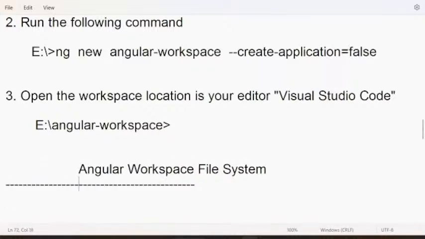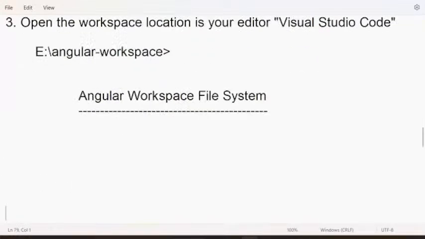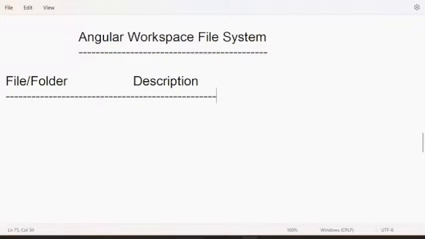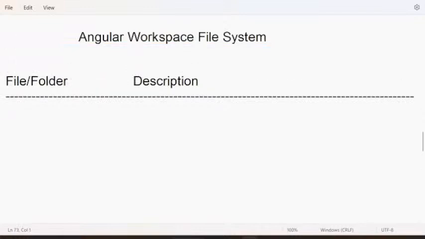I will give you a simple tabular format with file or folder, and the description. In this table we will see what files and folders we have: file, folder, and description.